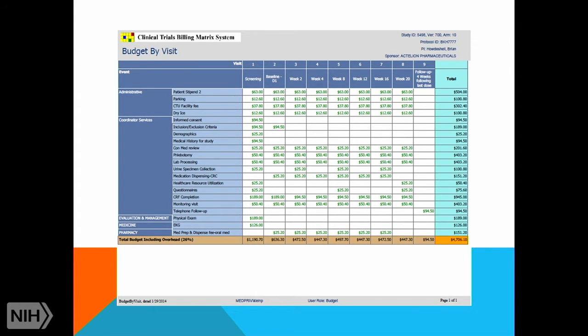We're okay with that. It's just that if you send your budget and they have their own budget template, then they'll come back to you and say, oh, well, we aren't paying for that. Oh, you have a line there for ConMed review. We're not paying for that. I'm thinking, well, you wanted us to check their ConMed, so I don't understand. Well, we're not going to pay for that as a line item. We're paying for it under another line called coordinator services.